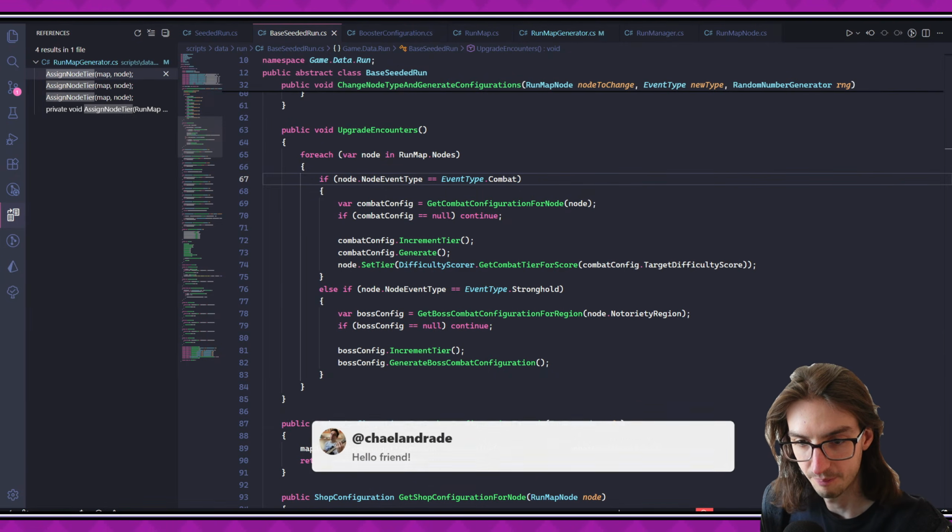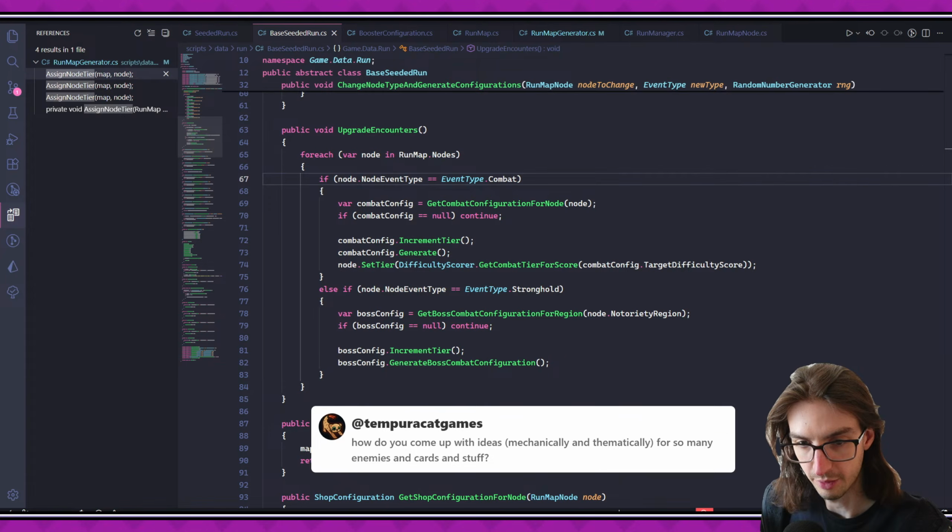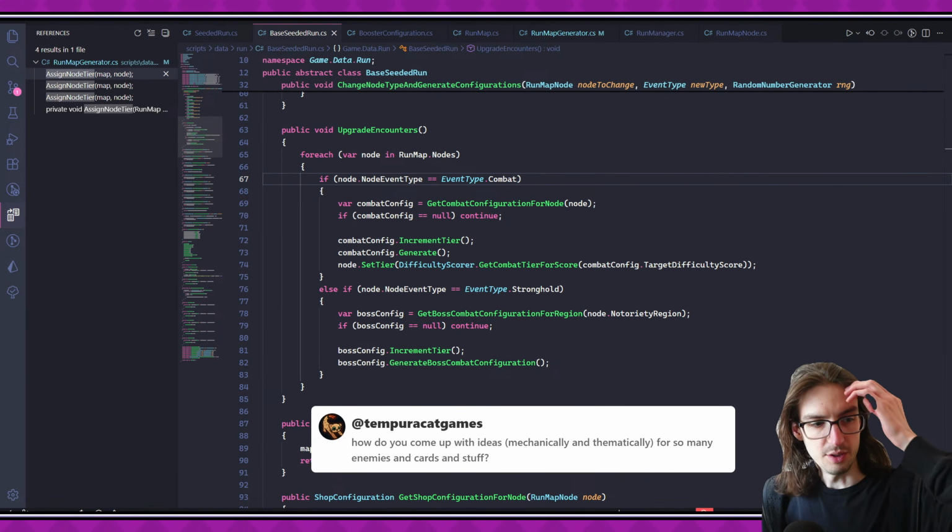Hello, Ariad. Welcome back. How do you come up with ideas mechanically and thematically for so many enemies and cards and stuff? Well, I think one thing that helps is...